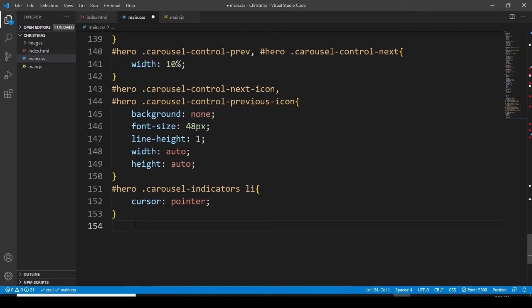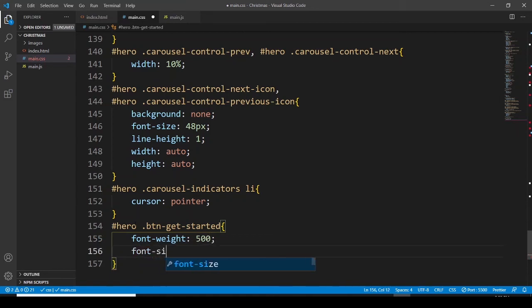So hero, and let's go with the button, median, get started, where the font weight is going to be, let's go with 500. Font size 16 pixels. Letter spacing would be 1 pixel,